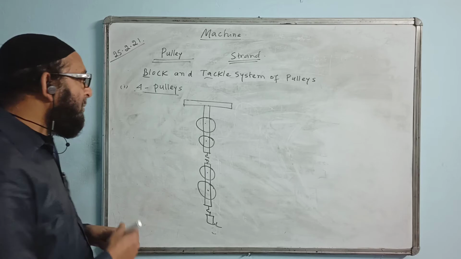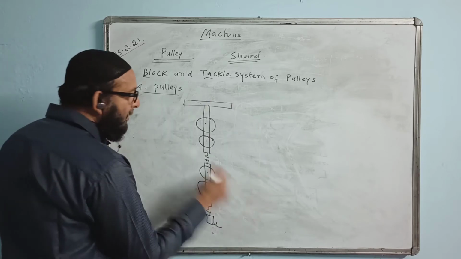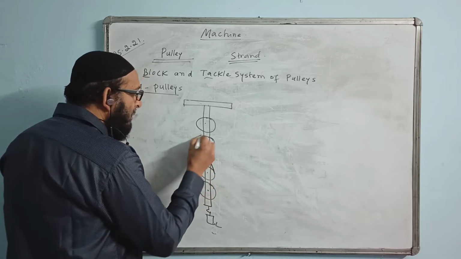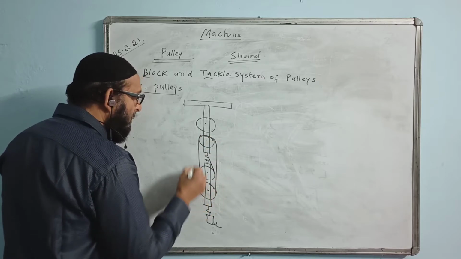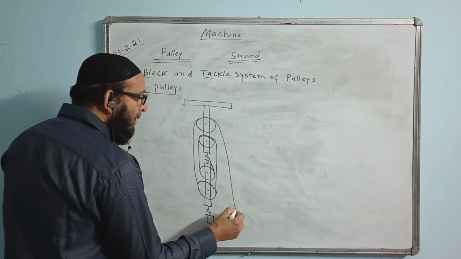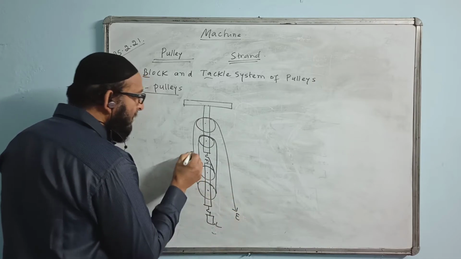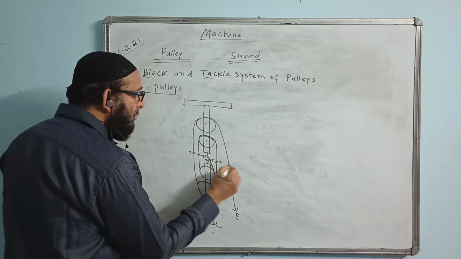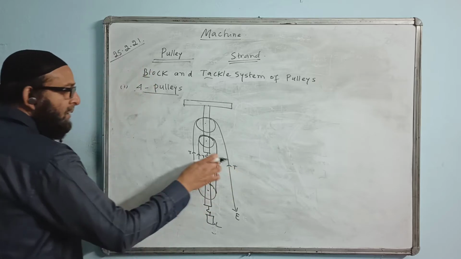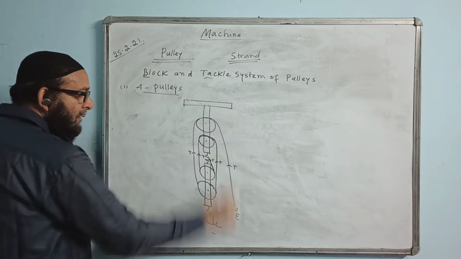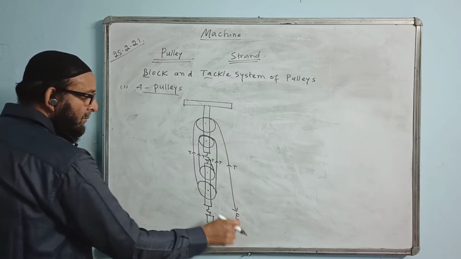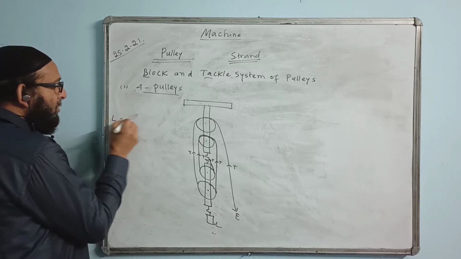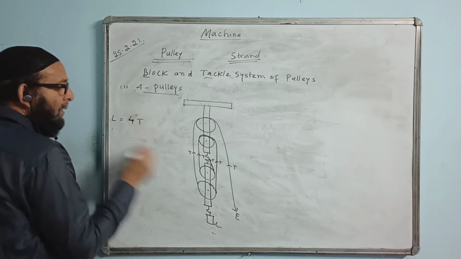Now I will check. Suppose I am starting so that the effort comes in the downward direction. Like this, one round here I will give. Here, effort in the downward direction. Let us mark tension as usual. T, here also T, here also T, here also T. These are supporting the load, and this one end of the string carries the tension due to the effort. So the load is equal to 4T.